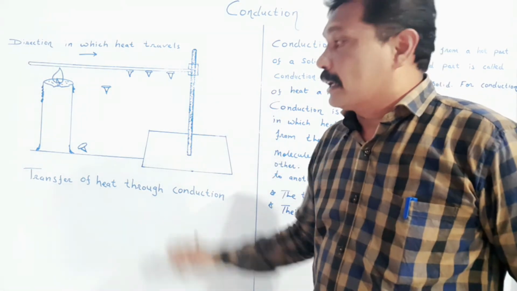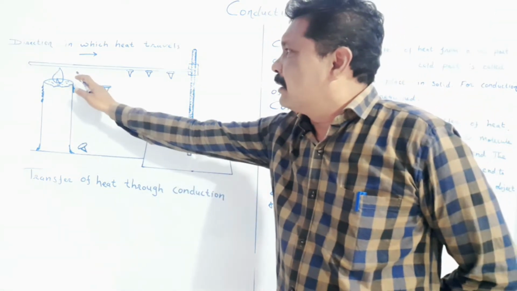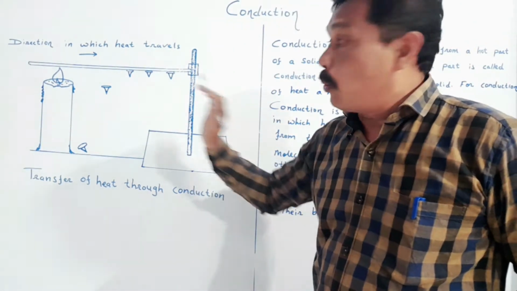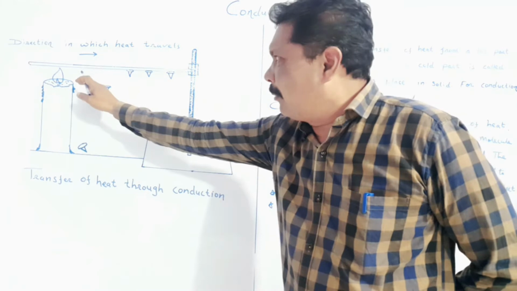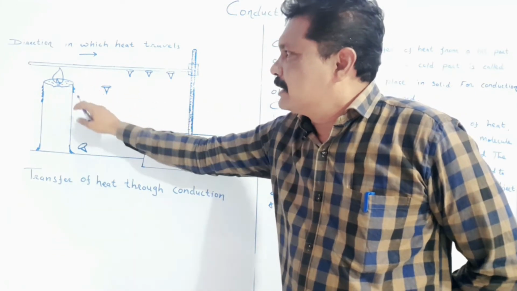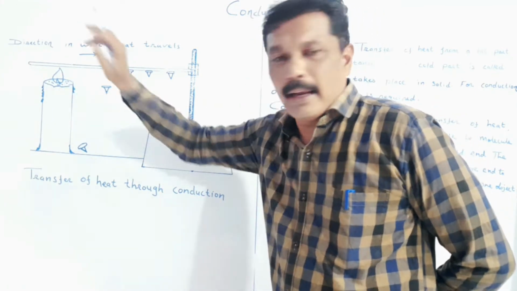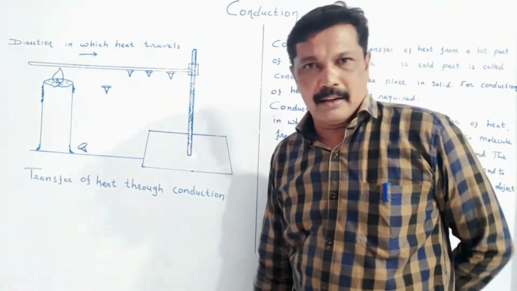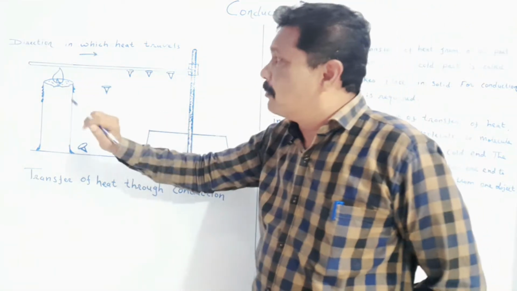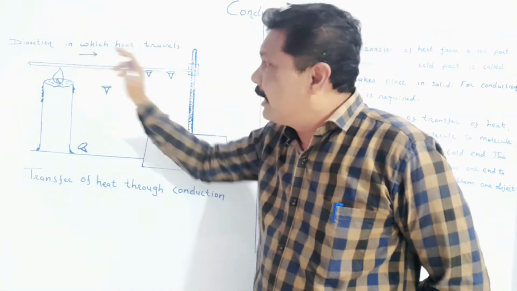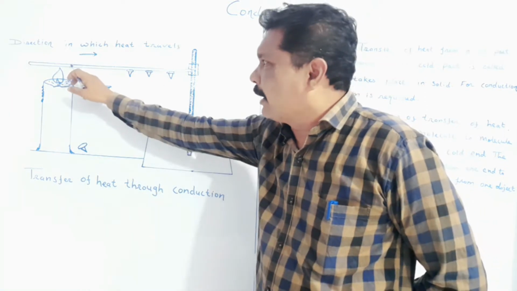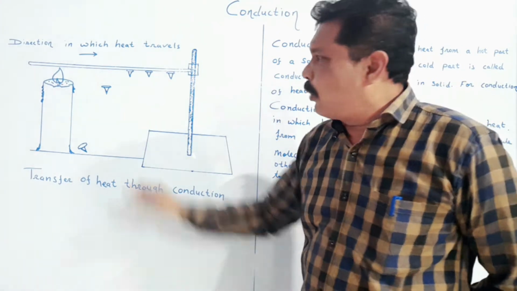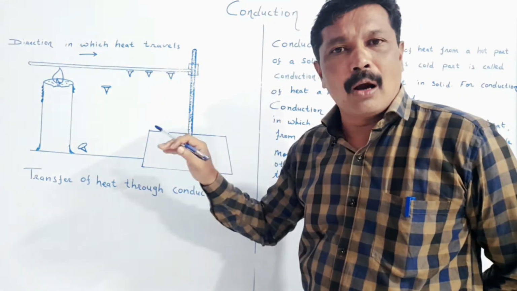My dear student, here we have seen that the thumbnails started falling in a sequence, one by one, from the point which is near the hot end to the point which is far away from the hot end. And therefore, we can come to a conclusion that there is flow of heat from the hot end to the cold end in a solid. Now, why did this thumbnail fall down?